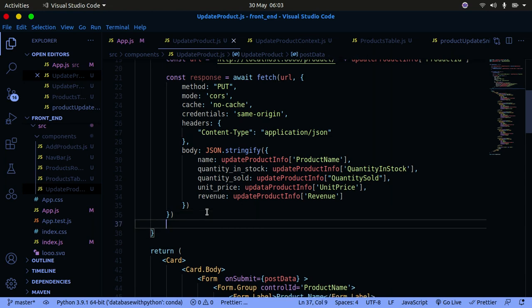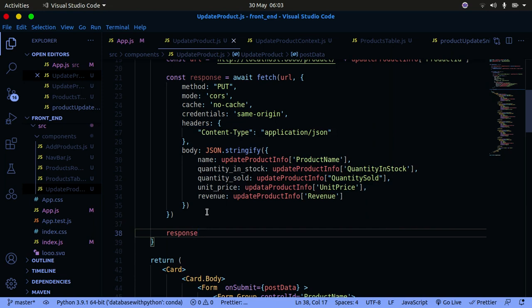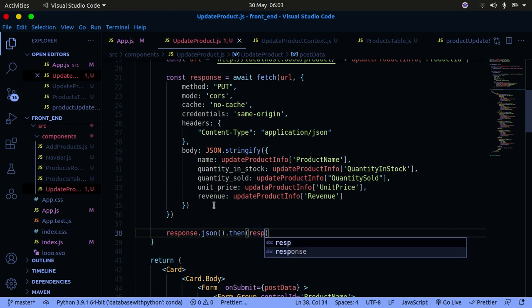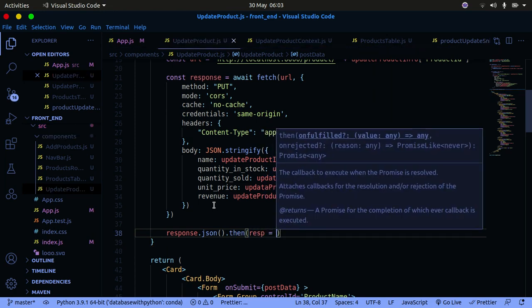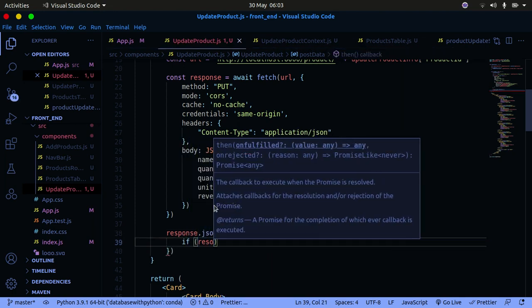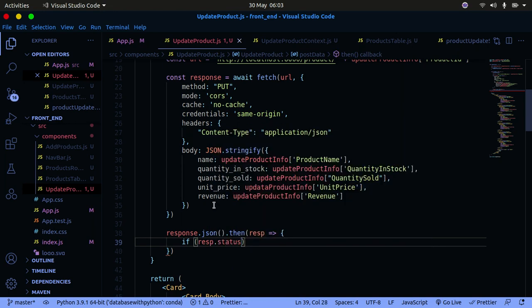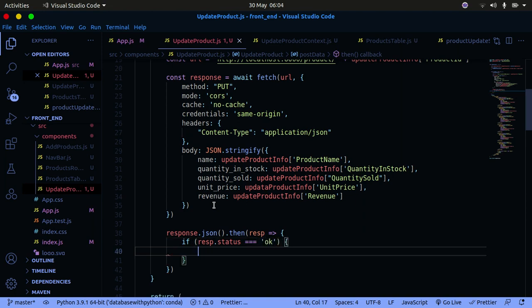So what I'm going to do for now is come down here and do response, and then the response is going to be .json, then we're going to get a promise, we're going to get a response, and then you pass that into another function and check if response.status is okay, because our backend returns okay. So alert the user, product updated,